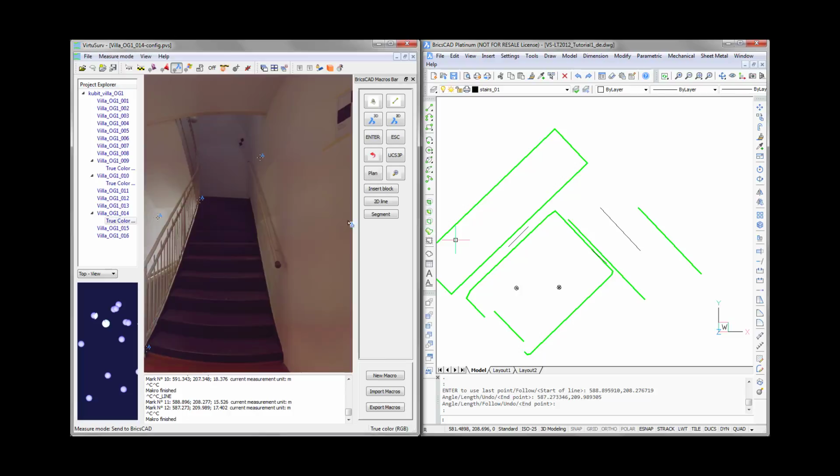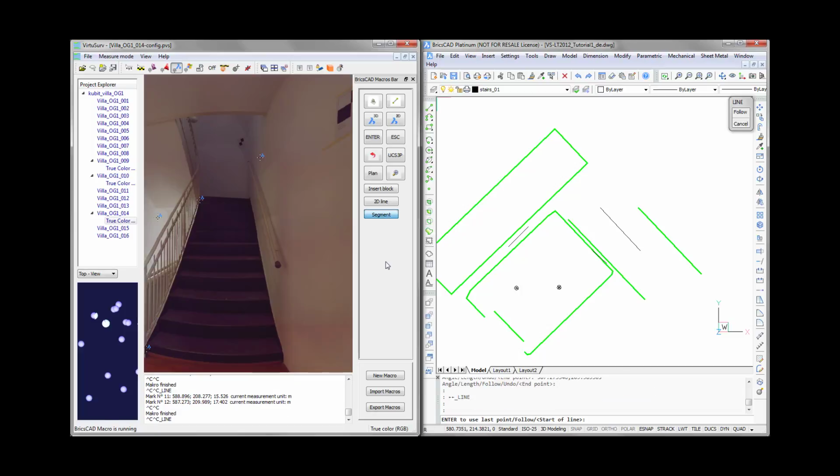Once I've created this segment macro, I can use it, so I can start drawing the fronts of the lines. And if you want to use the macros on other computers, you can just hit export and export the macros to a text file, which you later can import in here. There's another tutorial showing you how to create macros in more detail. Another video on it. So let me run the segment command or macro,